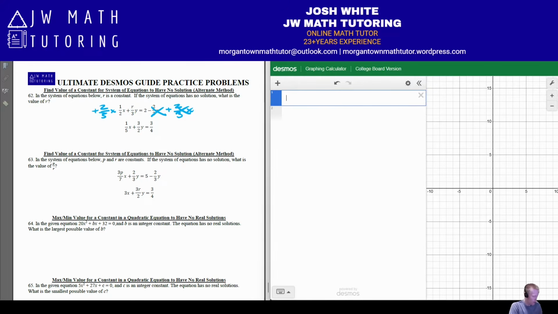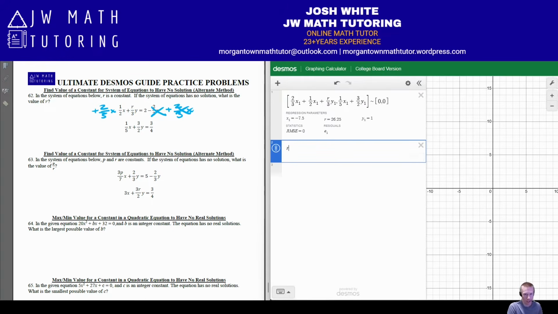On the left side, we now have everything we can type in. So we've got 2/3 x, and again we have to use x1 and y1 because we're solving a regression. Okay, so that's the entire left side of the top equation. Bottom equation, we can just type it in as is because the x and y terms are separated. And now we just do a regression, set them each equal to 0, and there's our answer,